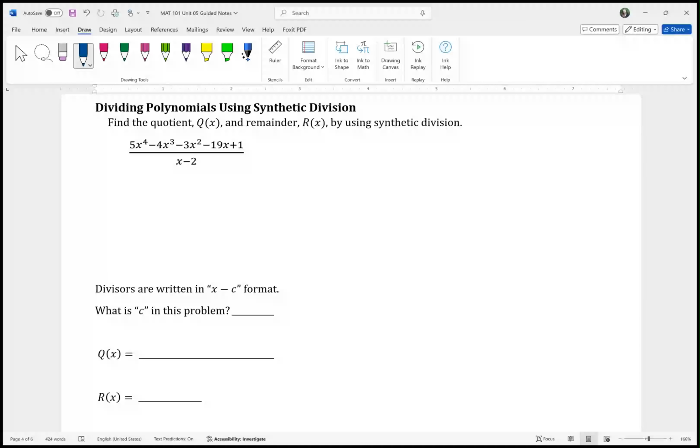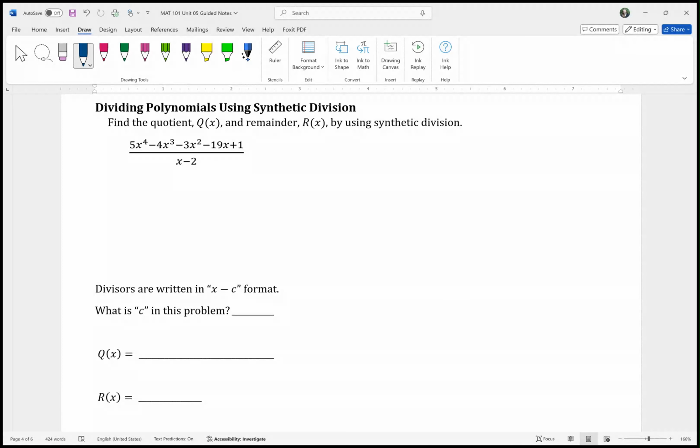This video is about dividing polynomials using synthetic division. This is an alternative to dividing polynomials using long division. So this will allow you to do this division a little bit quicker when we do what's called synthetic. Okay, so our problem is to find the quotient q of x and remainder r of x